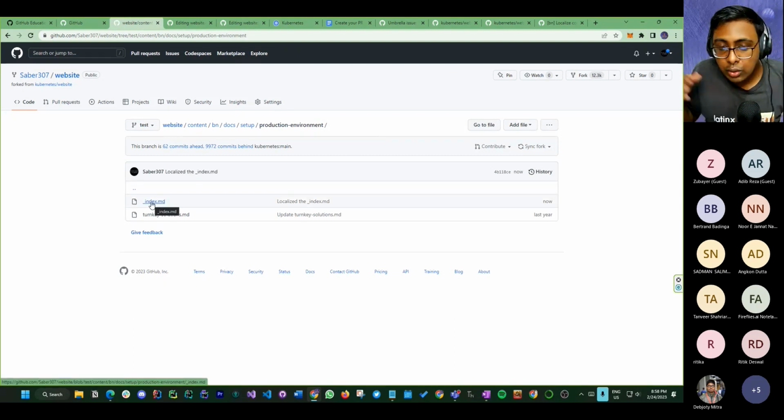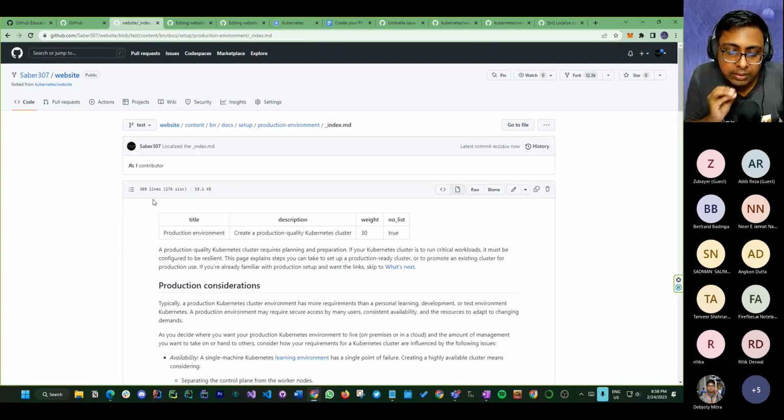Okay, now when your development is done, then you are going to create a pull request. You have created a commit, but it is suggested that you take the minimum amount of commits, so that we, as maintainers, don't need to face a lot of commits. It's better if you take your time, like if you have taken 1 hour, you localize the whole file and then create a PR. Then it would be great for us if we find that there is just one commit. But obviously if you have multiple commits, there is no issue, because we can surely use other tools as well, so that we will create just one commit.